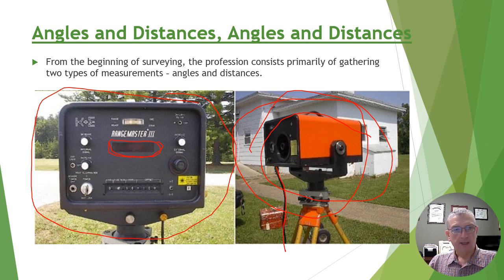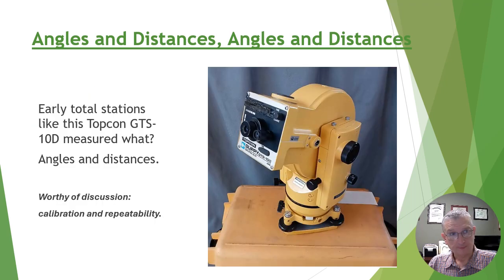So here we are with a new way to measure distances. Before long, they figured out, well, we can take this EDM, they can make it smaller, just like calculators started out the size of a suitcase. Now we know how small they are. Computers used to take up half of a room. Now we know how small they are. They learned how to shrink the technology once they had developed it.